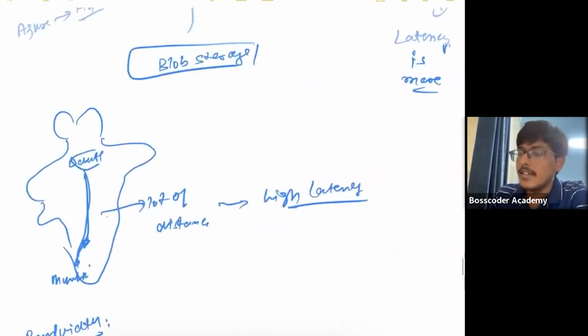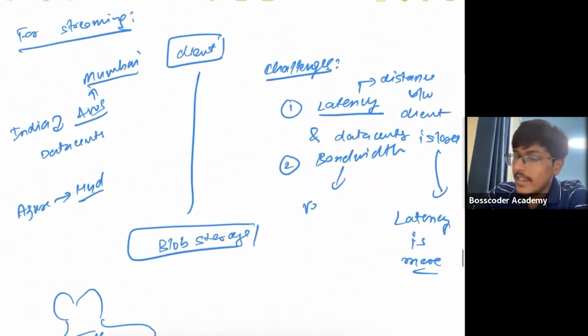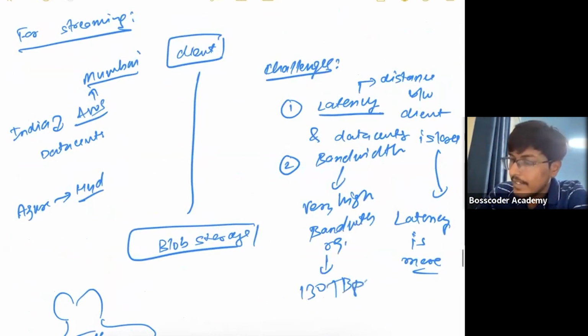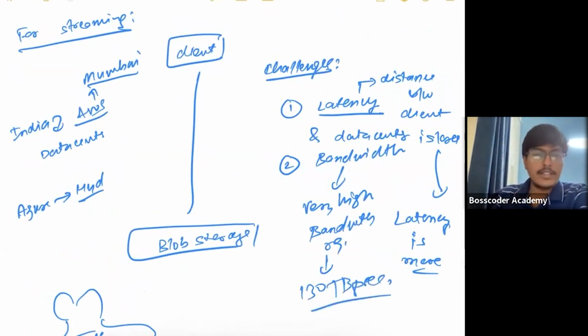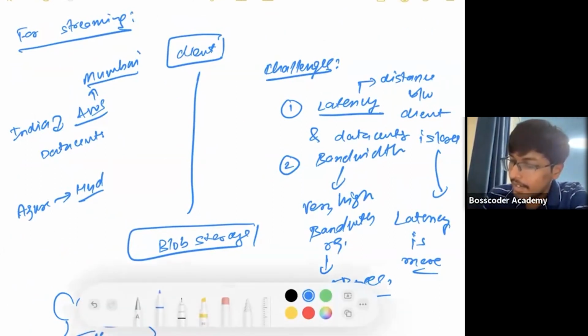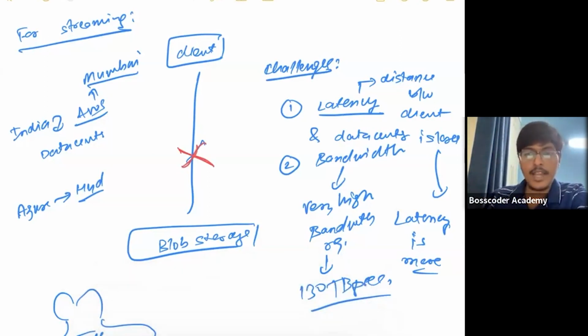So these are the two challenges: high latency, and a very high bandwidth requirement of 130 terabyte per second. Because of these two reasons, directly serving videos from the origin itself, from the data center itself, at scale is very, very hard and is not going to scale very well. Is this clear? Why this system does not work out? A quick yes if this is clear.